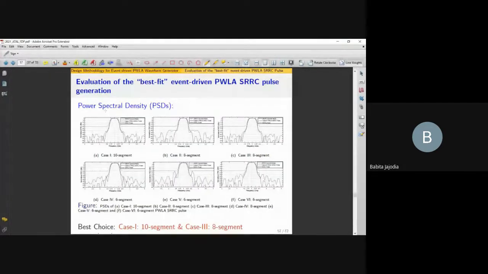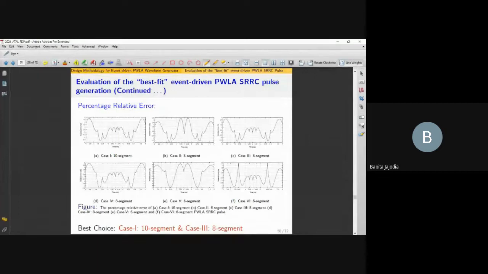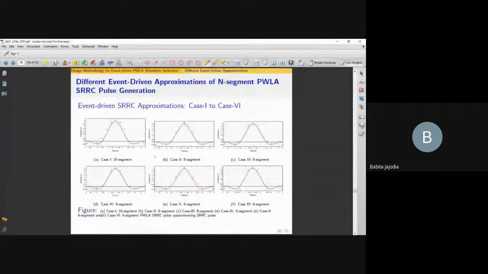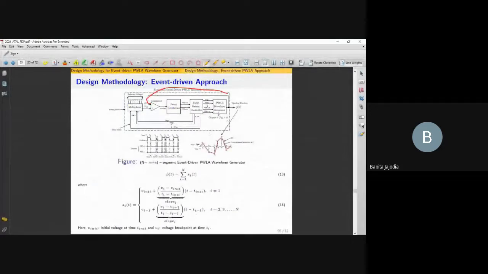As I mentioned, we took the power spectral density, then we checked the relative error. Similar to the prior work, we checked the number of current sources. We have done a theoretical analysis of how to approximate, and the most interesting thing, in which we were successful, is that we were able to make it